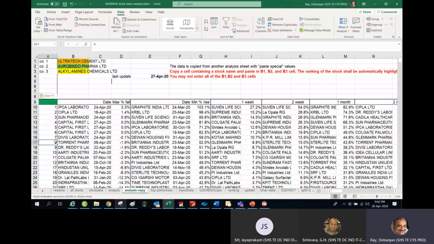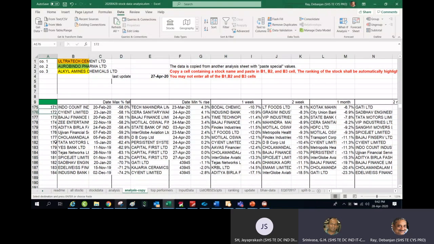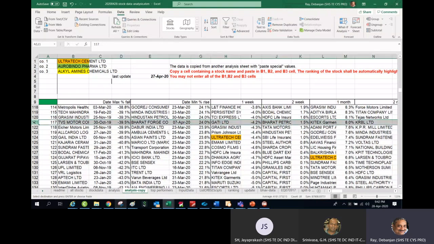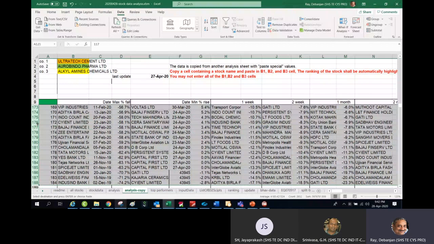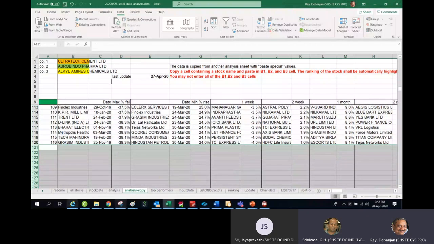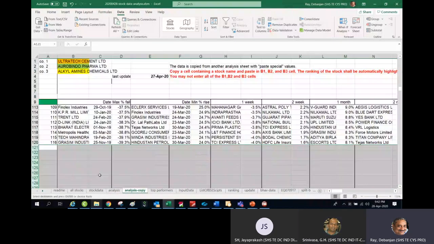Now you see my list of stocks is not so much. Sorry, I think we have made some mistake. Let me delete this data. I go here and again do a copy.